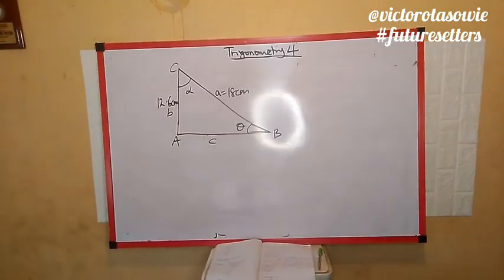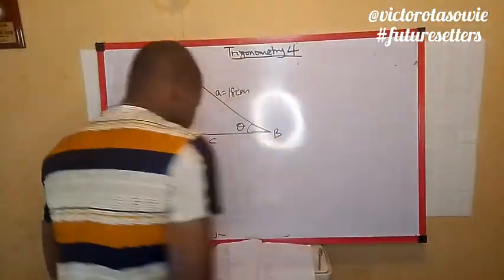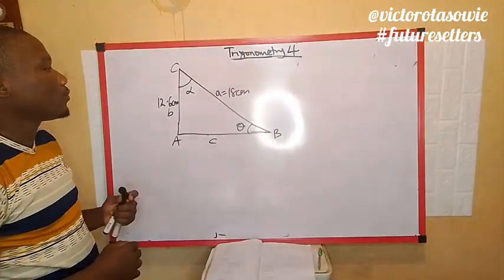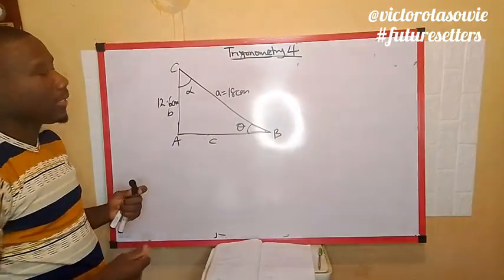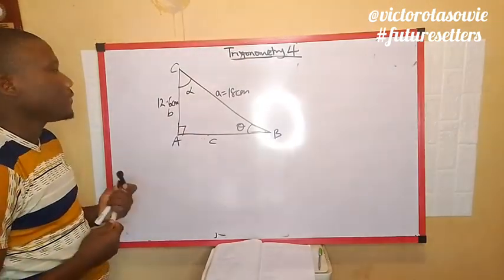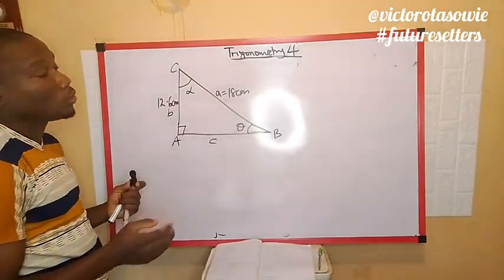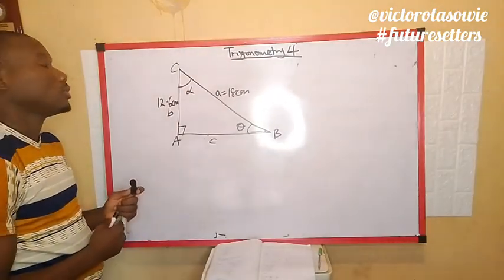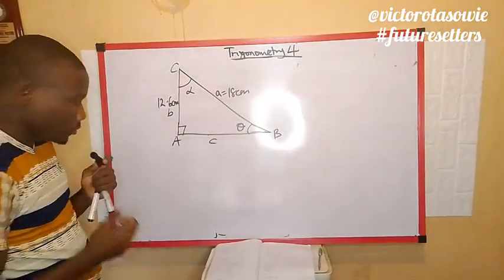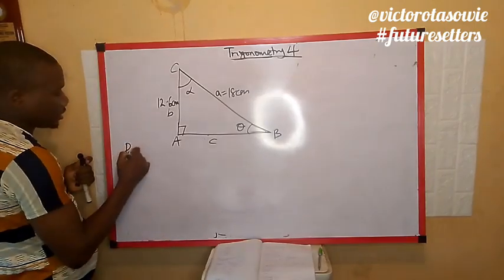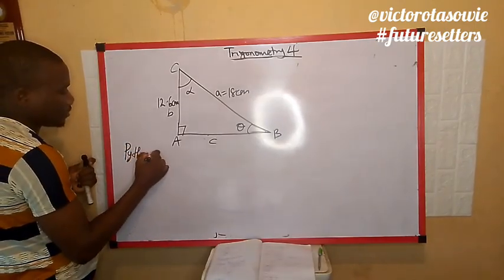So in a situation where you have a triangle like this and you are told to find the value of side c, and you are also told to find the angles theta and alpha. In such a question, this question is very simple. The first thing you need to know is, you remember Pythagoras theorem, and Pythagoras theorem,